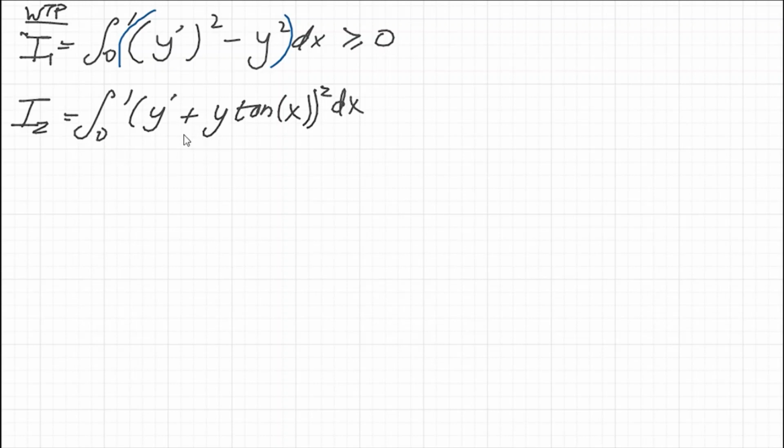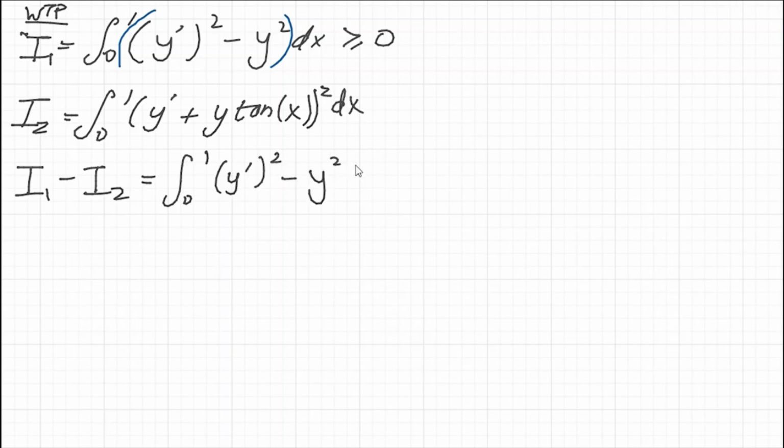Okay, and so this is just something I've defined to be I2, and again I've omitted the x's here just for simplicity, and now what I'm going to do is consider I1 minus I2. So what is I1 minus I2? Well, I can bring everything under one integral, which is nice. So it's just going to be the integral from 0 to 1. If I just write down the integrand of I1, it's y prime squared minus y squared. And then I'm subtracting off the integrand of I2, which is this thing, y prime plus y tan x, all